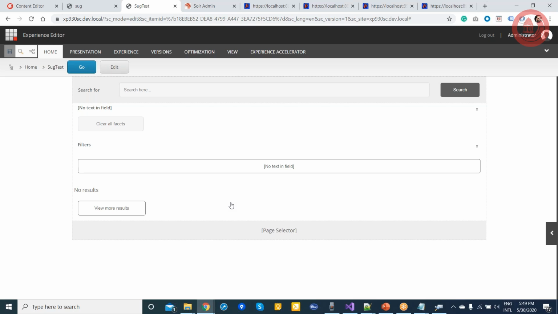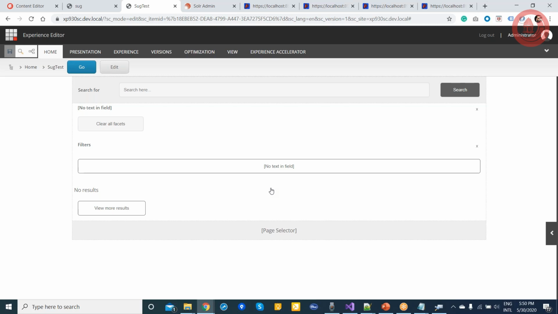Any more questions, guys? Jitendra, Naresh, one question I have. Yep. When you were showing the spell checker component, it was making a call to a different request handler, right? It was not going to the default /select. So when you are using that with SXA, do we need to take care of going to a different request handler, or will it be handled out of the box?